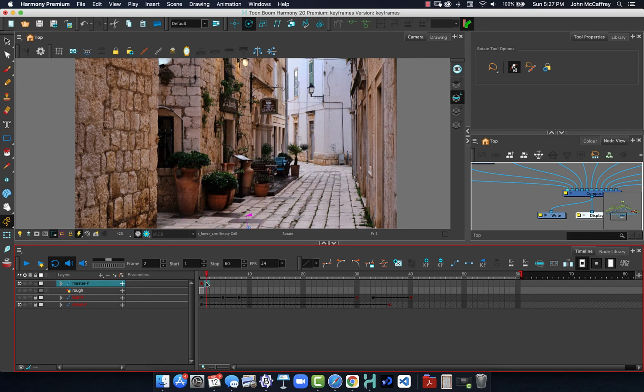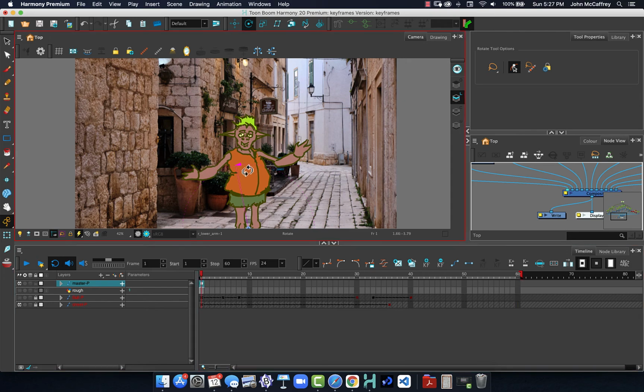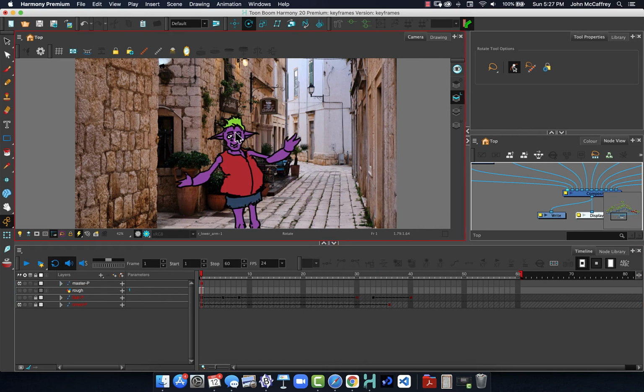Now our character only lives for one frame, so let's extend it out. So I've collapsed on the master peg. I go to frame 60 and then function F5, that extends it out. Now I'm going to go back to frame 1 here, and then I am going to rotate. I'm going to start out leaning a little bit this way, and then what I want to do is switch to the head. So now if I click off and then click on one of my other layers, I want to make sure that I have